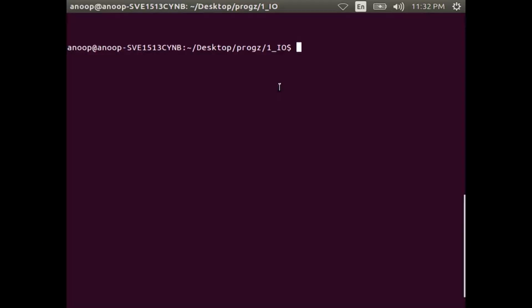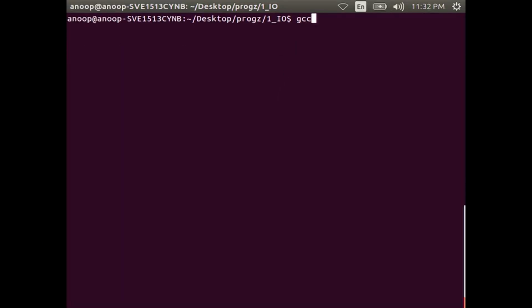Let us now try to compile your program. You come back to the terminal, type gcc space first program dot c space hyphen o space my output.